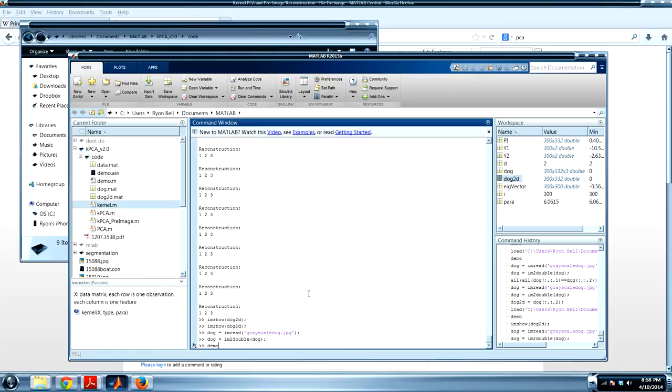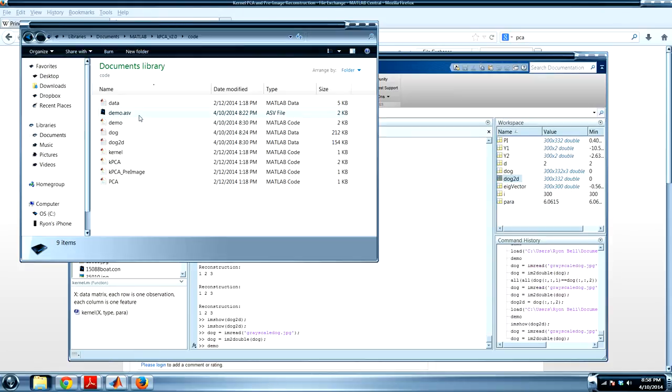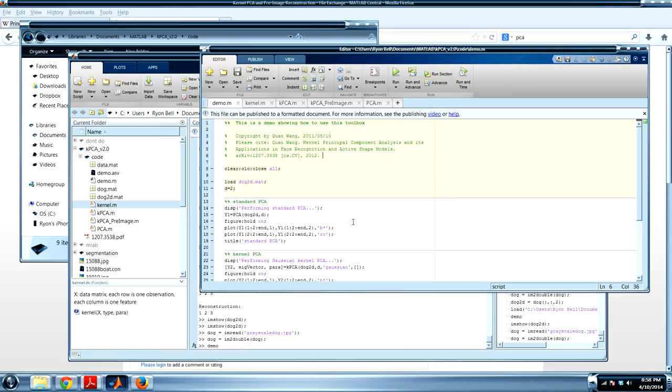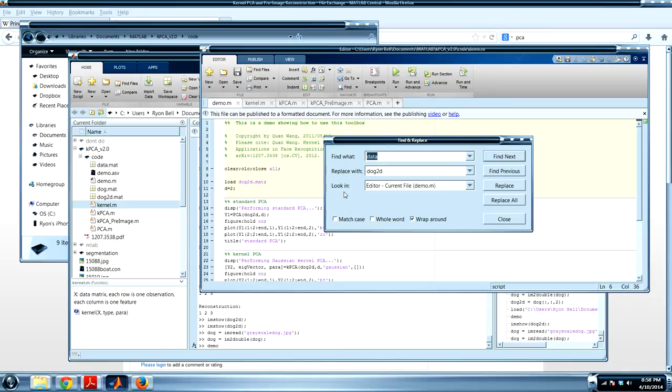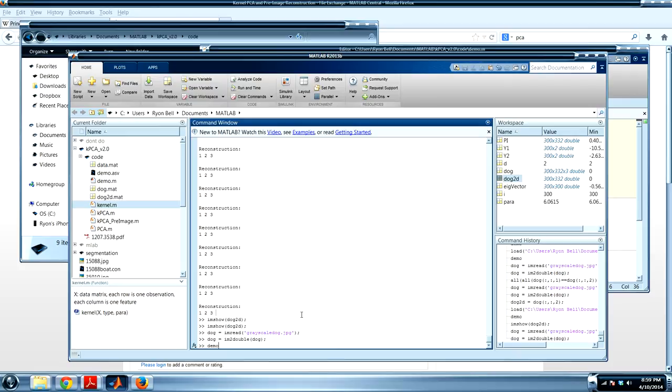Once you do that, you can right click over here and just save it, and that's why in here I had the dog 2D. And then you want to go into the code. You can just go into the demo, and do Control F or Command F for the Mac, and find data and replace it with dog 2D, or whatever you called your data set, so to say. Once you do that, you're ready to go. So you run it,